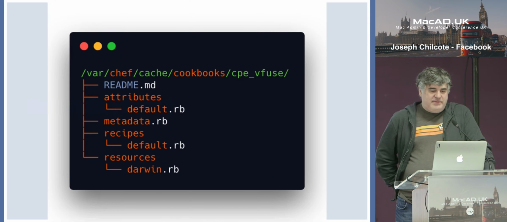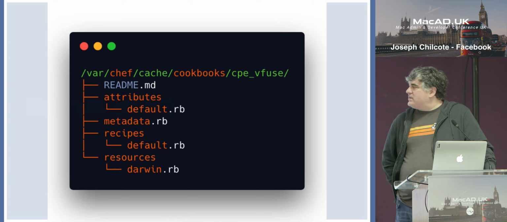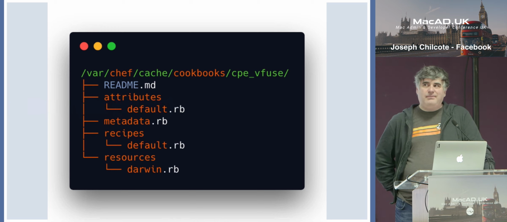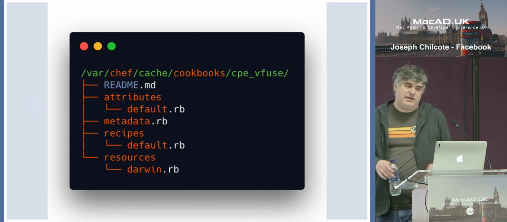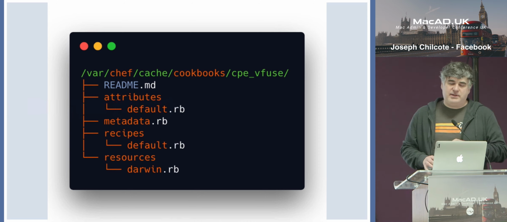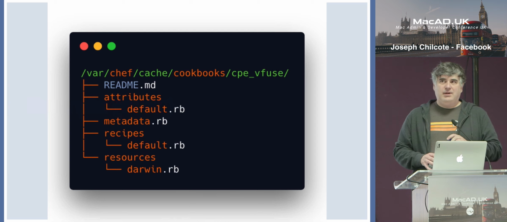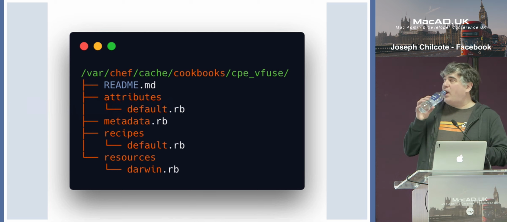So the attributes file and the recipe and resource is all we need for this. And these are kind of the basic ingredients of a Chef run. There are other things that can fall under this directory structure, like libraries and templates and files, but we're not worried about that